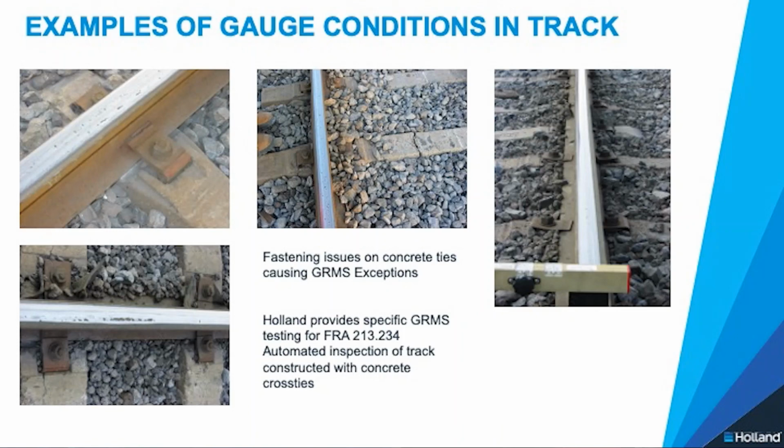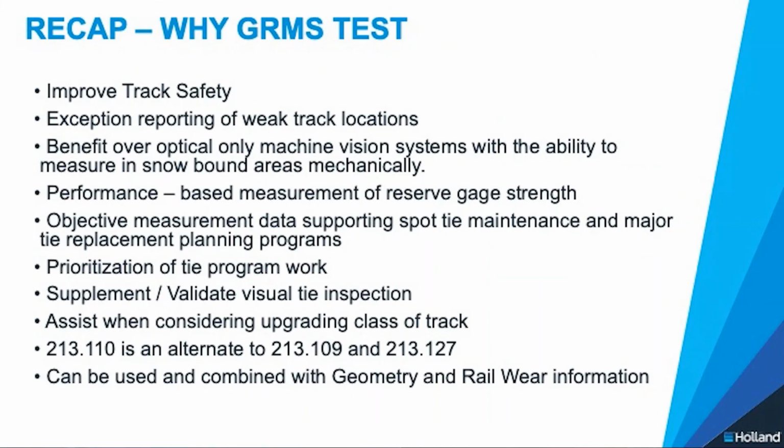Holland provides specific GRMS testing for the FRA 213.234 automated inspection of track that's constructed with concrete cross ties as a specific need for a majority of its customers. In conclusion, the recap of why GRMS is important. One thing is we want to improve track safety, and we want to provide exception reporting and weak locations in